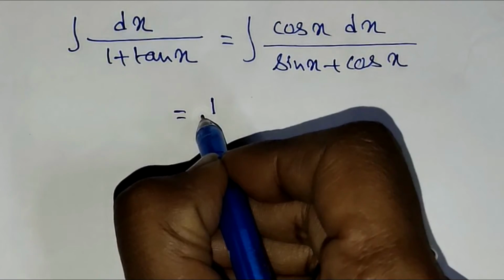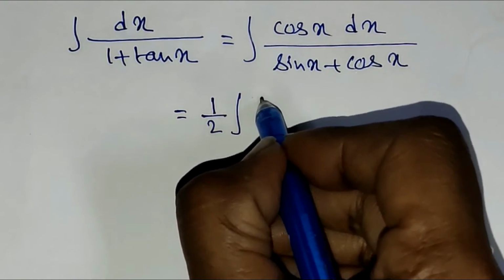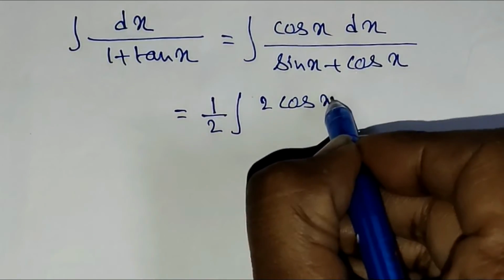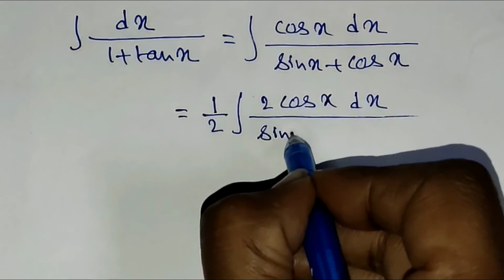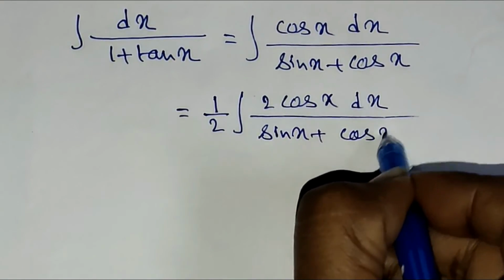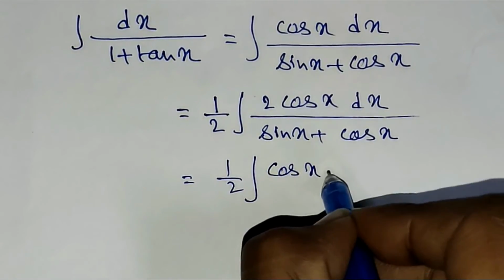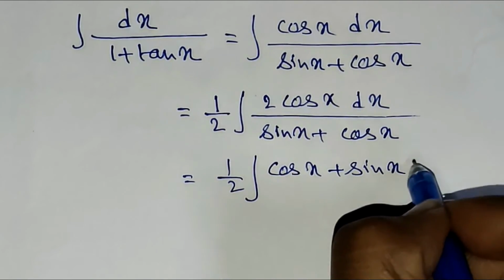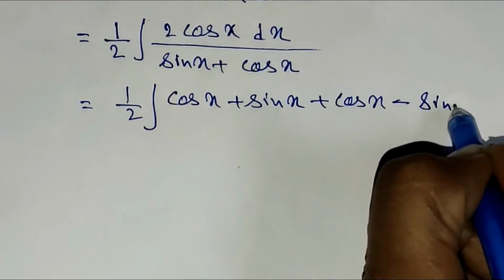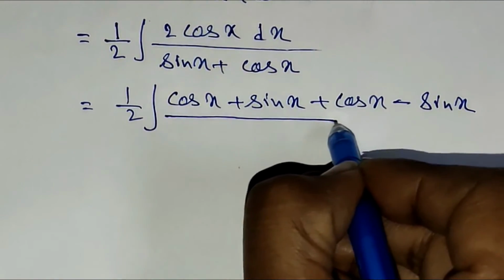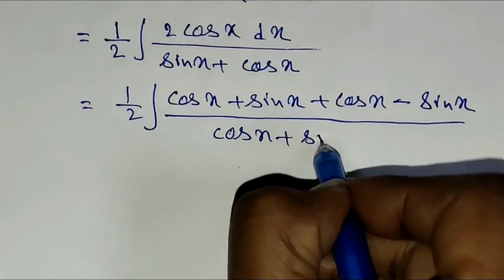We have to adjust the numerator as half into 2 cos x dx by sin x plus cos x. Now rewrite the numerator as cos x plus sin x plus cos x minus sin x, divided by cos x plus sin x